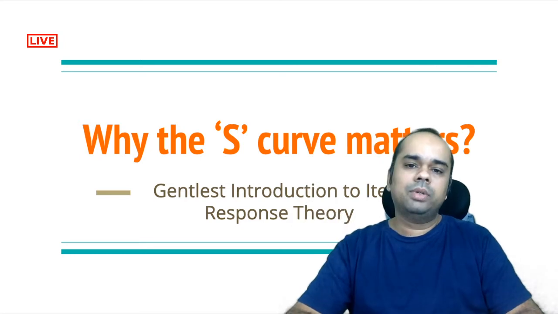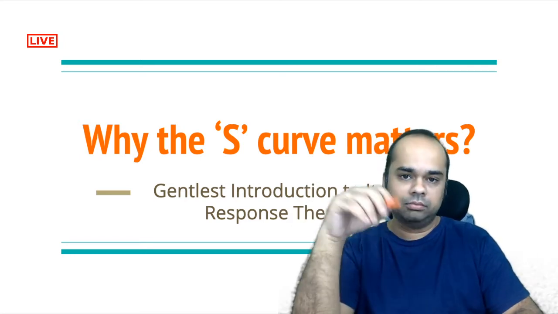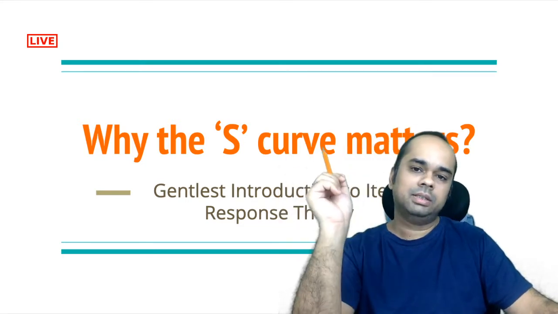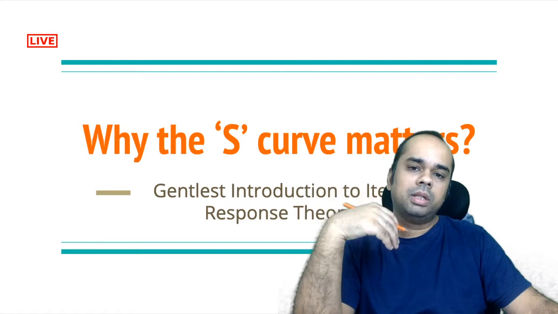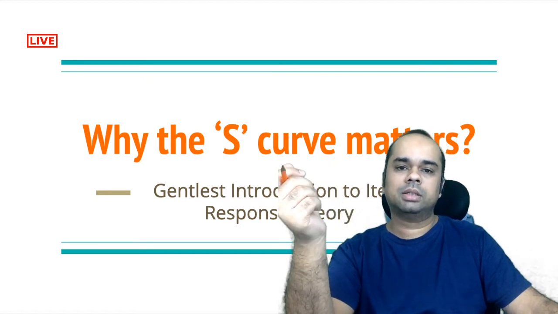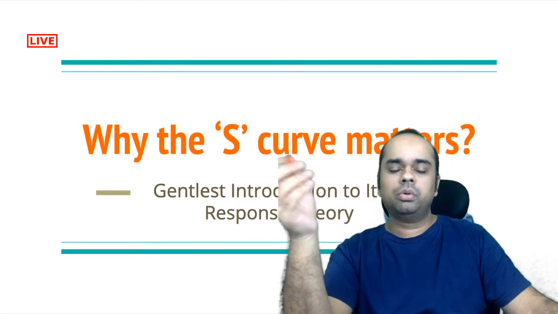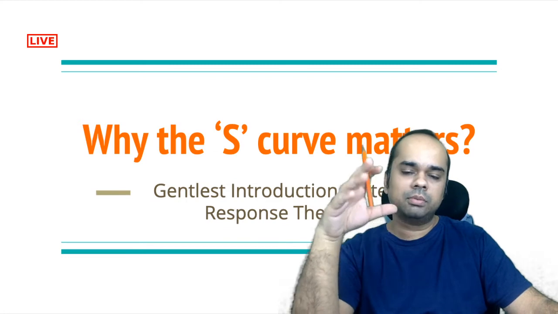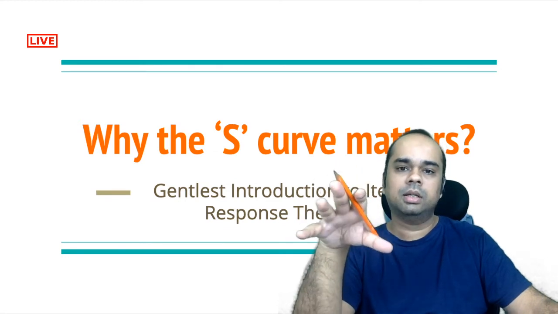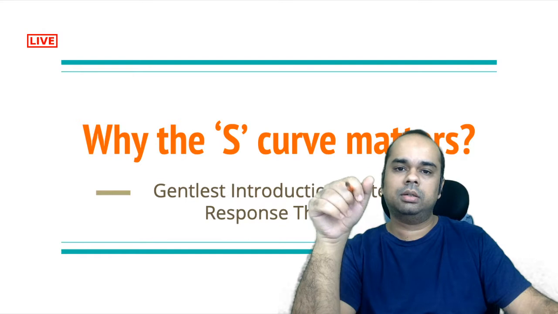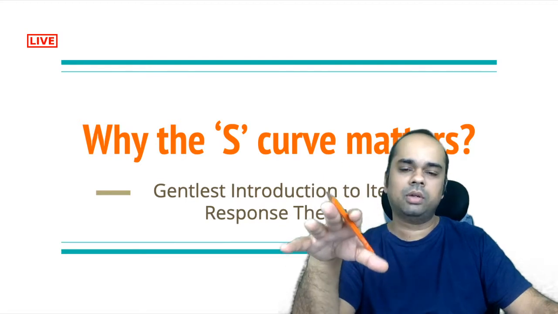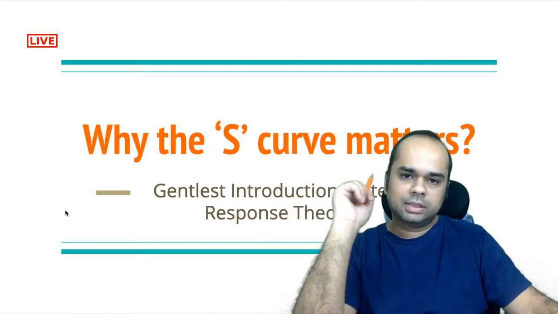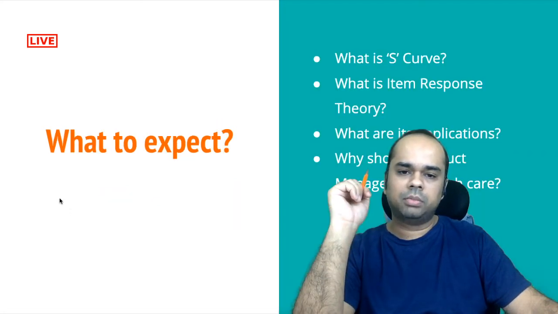Typically, we are always fascinated by the bell curve, the normal distribution, with people on either side and the bulk of the majority somewhere in the center. Here we move from the bell curve to an S curve, and I think it really matters. The objective of this video is not to go into the mathematical depth of item response theory. It is one of the simplest, gentlest introductions, and we don't want to throw any psychological jargon at you, but just very gently introduce this to you. So let's quickly get started.